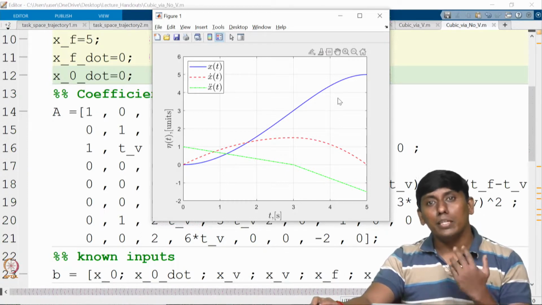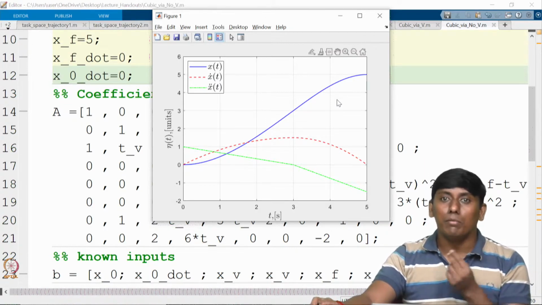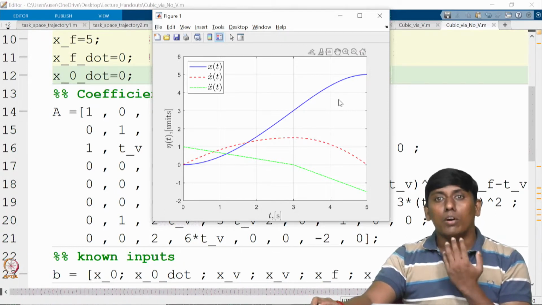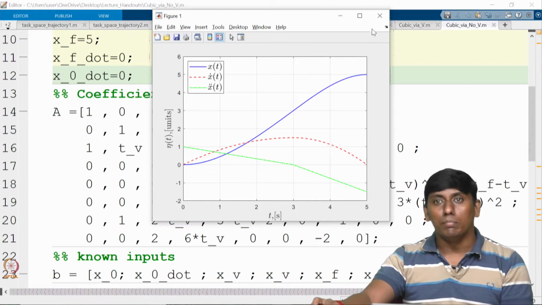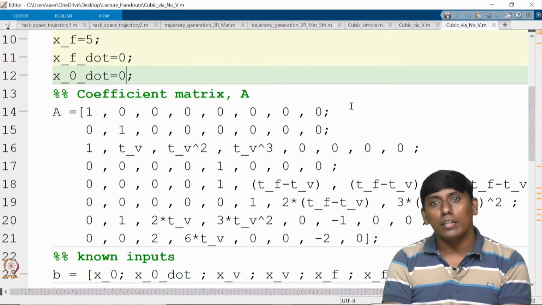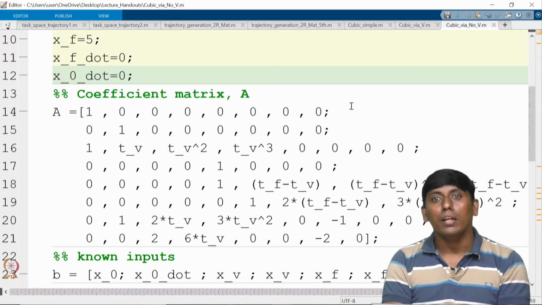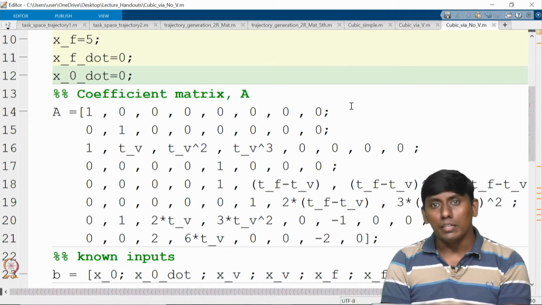The same thing can be done for fifth order or other orders. However, the restriction here we have put is cubic polynomial, as it is easy and is the more commonly used profile generation for robotic manipulators. With that we close this particular content. In the next lecture we are going to talk about the other profiles we have not covered in this lecture, like higher order polynomial, cycloidal, and parabolic blend.